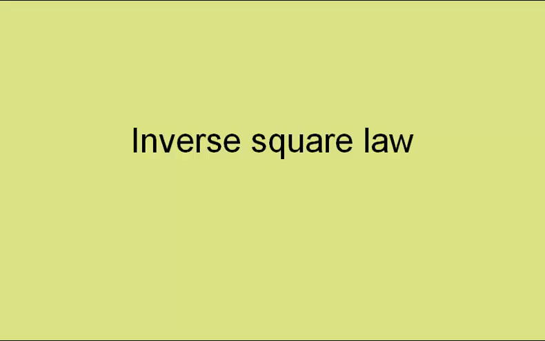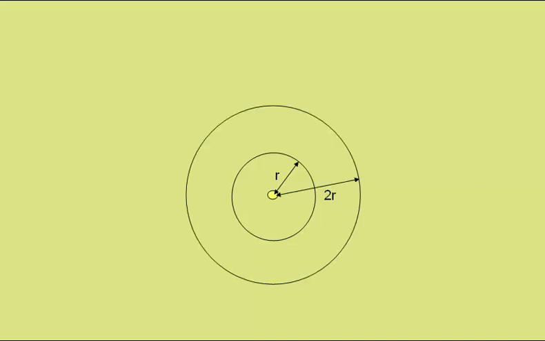The inverse square law. Let's consider a point source of something that goes out equally in all directions. This could be electromagnetic radiation, such as light. It could be an electric field. If we consider a sphere at a radius r from the source, and then another sphere at a radius 2r